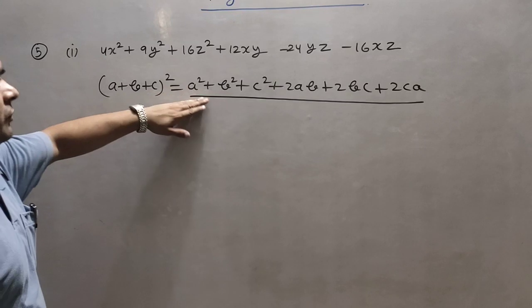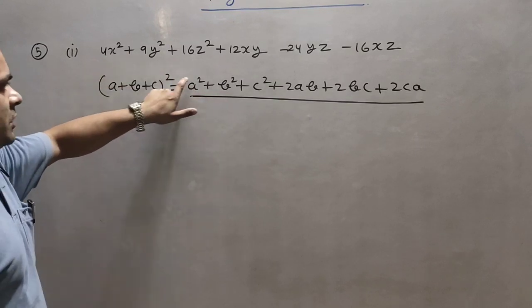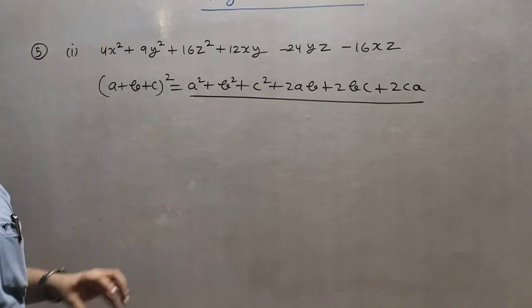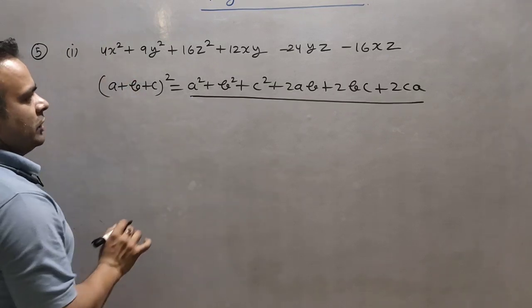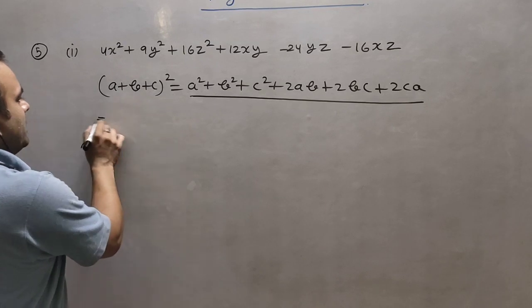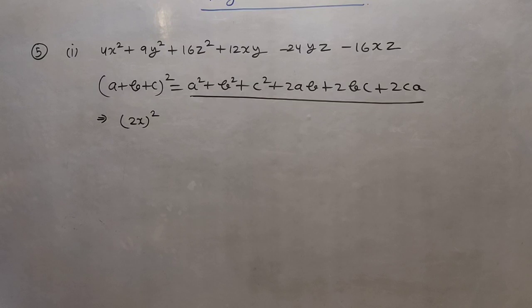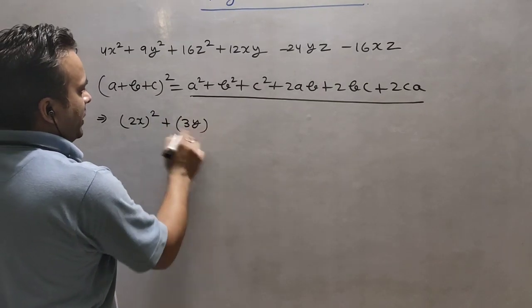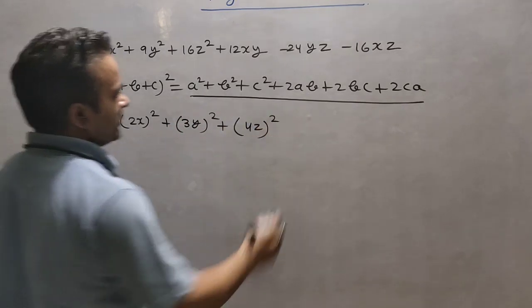So we will try to convert it in the same way, because we have the square of a, it means we want a as a complete base whose power is 2. So it means 4 is not in the square form, the complete part should be in square form. So what we will do, we will do 2x whole square, right? We are putting it. Now this will be 3y whole square, this will be 4z whole square.